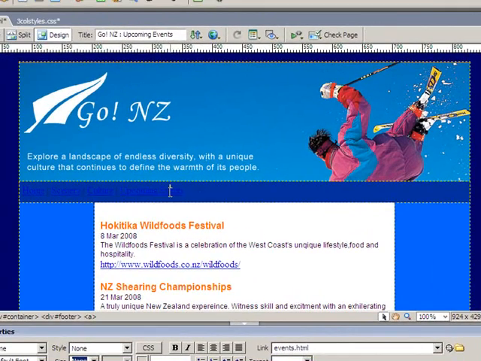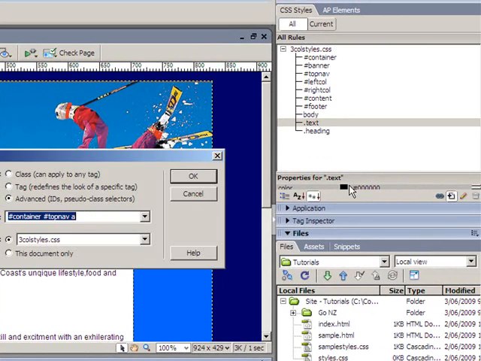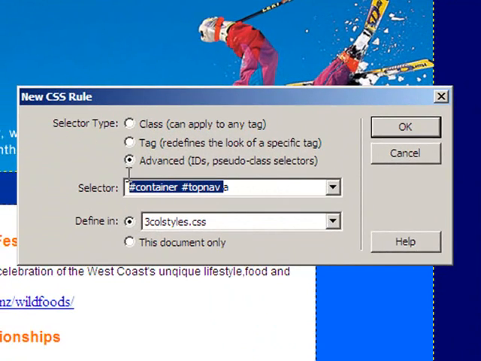This time I'm just going to click up in the nav bar, add another style, and this time you notice that it gives me the location of the cursor. So it was in the container, which is the div tag, div area going right around the outside of my design, and top nav, which is my nav bar, and then I'm going to add a:link. Now what that means is that this will format all links only in this area. So now when I click OK,